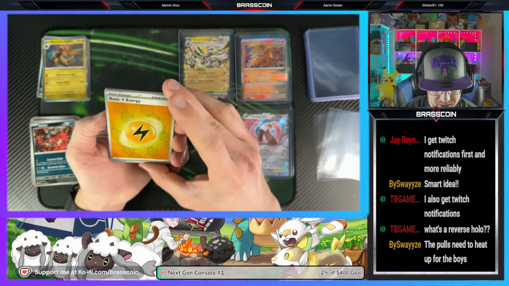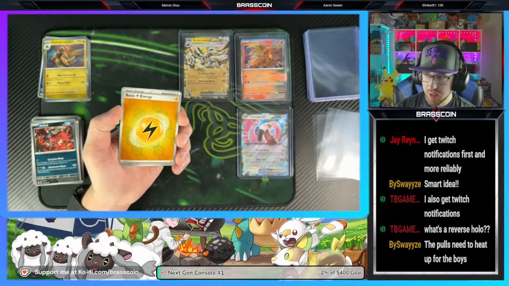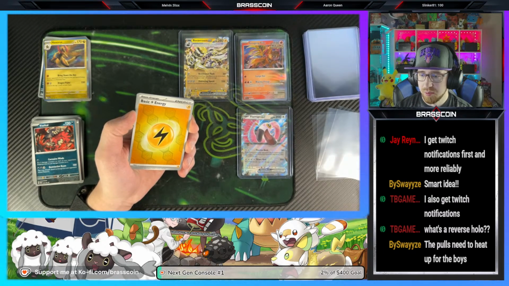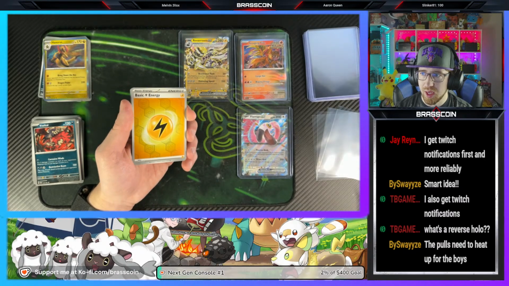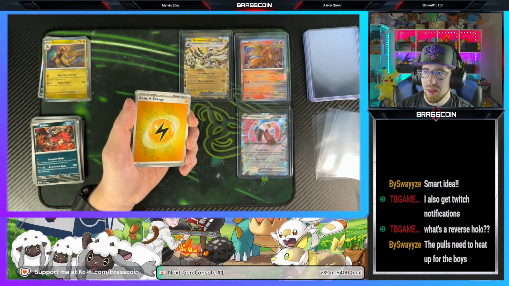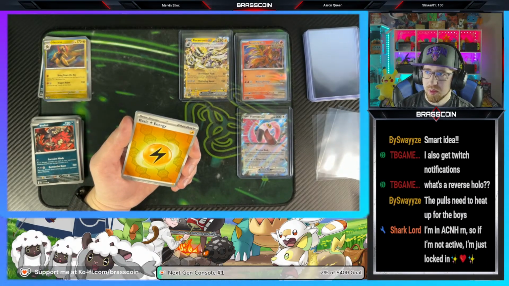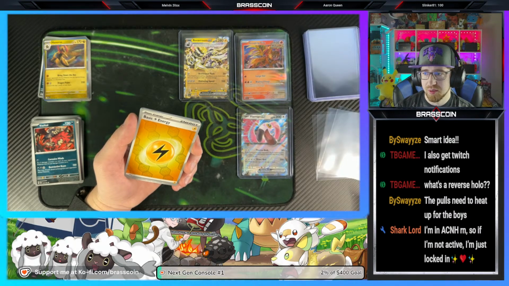We got a basic holographic energy. That is 4 of 64. I think that's going to be just under B's. I don't think it's worth anything at all because it's just a basic lightning energy. But 28 cents. There's one that's like a hollow foil that's metal. And that one's worth like 30 bucks for some reason. So